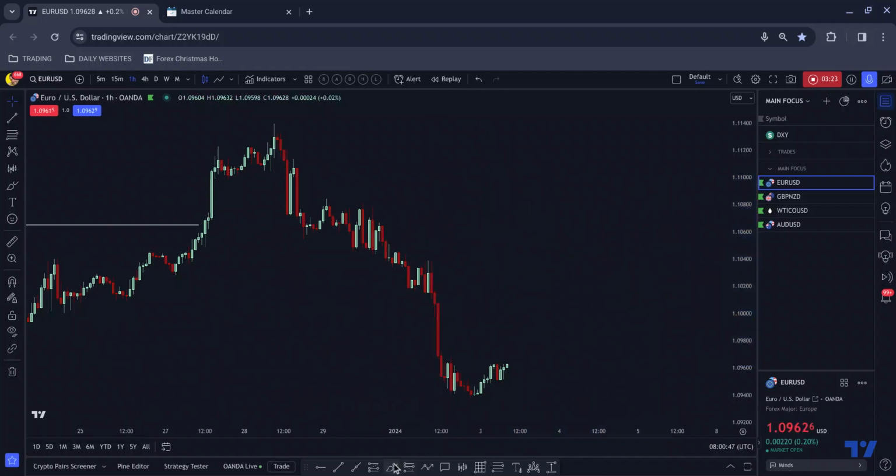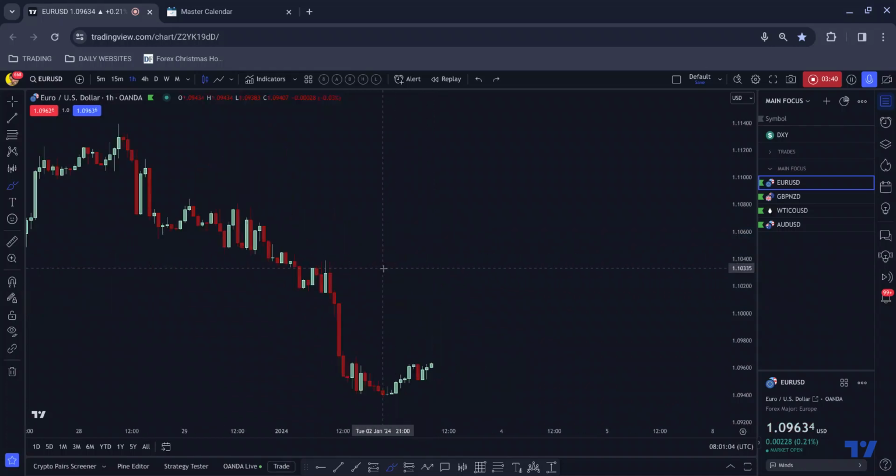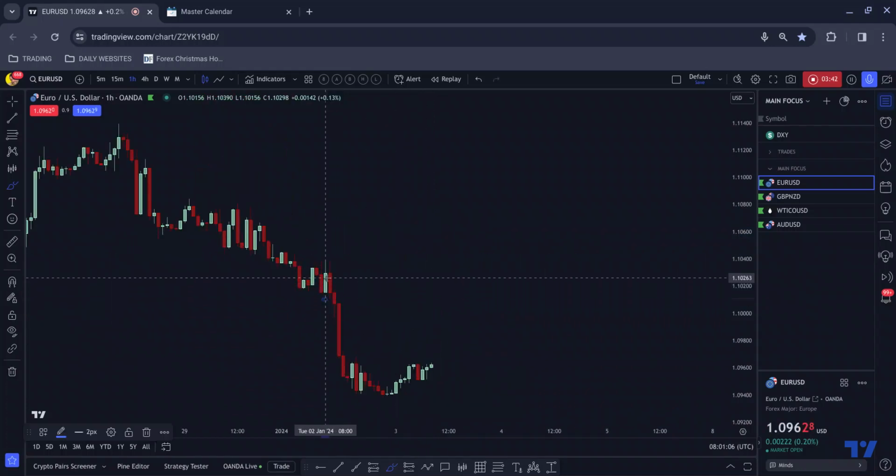And what happens in nature theory, if we move down correctively, then an impulse up in the other direction, how far that goes remains to be seen, but an impulse up in the other direction therefore becomes the more likely scenario. Meaning that if you were to get short on the break of this correction here,